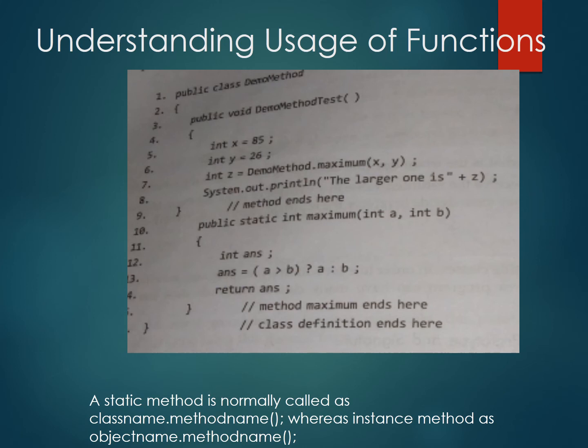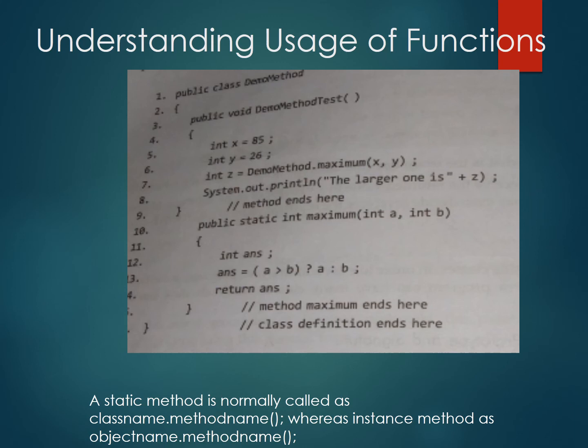One more thing to be noted is that in the method definition, like we have studied in the previous example, int a, int b, a and b were the formal parameters. When we make a call to the method, it contains the parameter list where there is no data type associated, so they are known as the actual parameters.